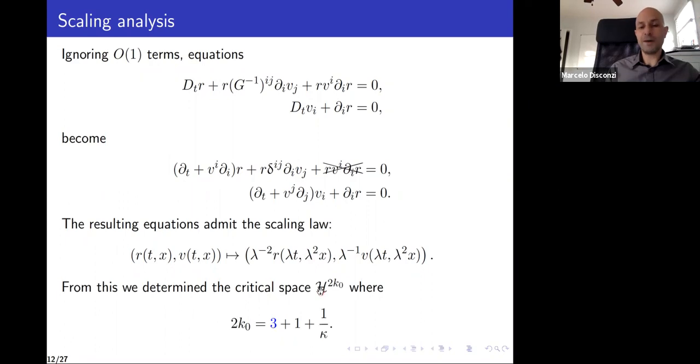So our critical spaces are going to be the spaces H^2k that I introduced before, where 2k is exactly equal to this quantity here. Okay, and I'm highlighting 3 here because 3, as it goes in this kind of scale analysis, is the dimension of space. You can do this in any number of spatial dimensions, and in fact, in the paper we do this for an arbitrary number of dimensions. But here I'm considering only the physically most important case, which is when the number of spatial dimensions is 3. Okay, so then you have these critical spaces.